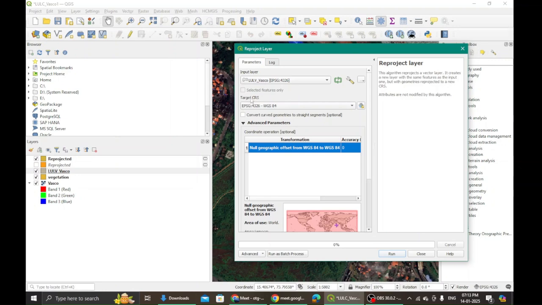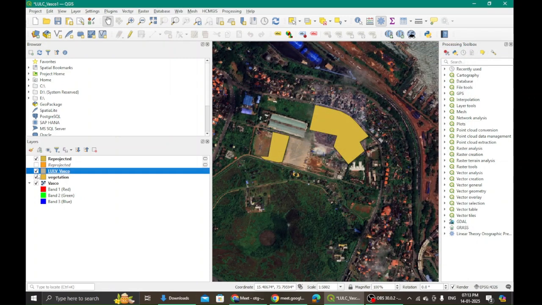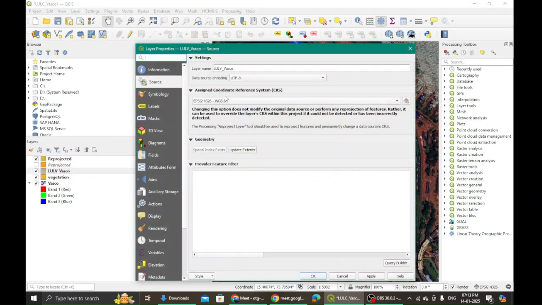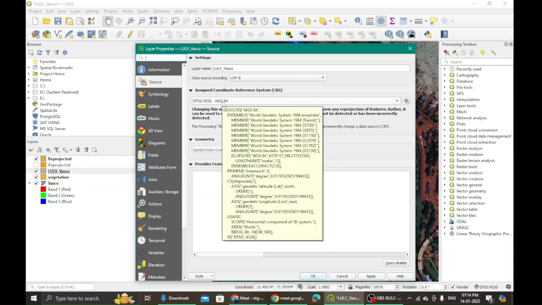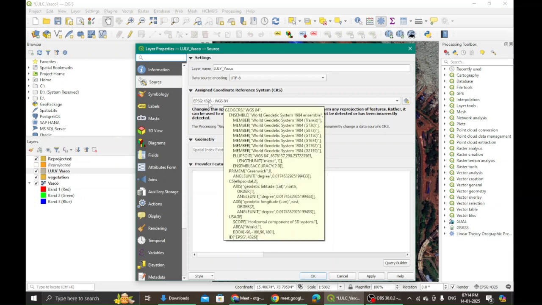No, not this, ma'am. After right clicking on properties, the layer properties comes up. In source, we are not selecting anything. We are just checking whether it is really in WGS 84 or whether it is already in UTM. Right now, it is not in UTM.